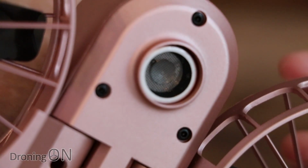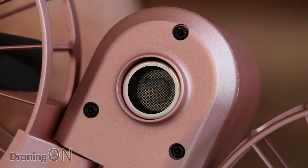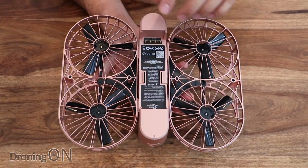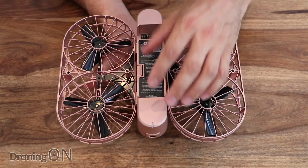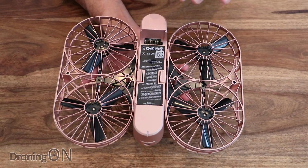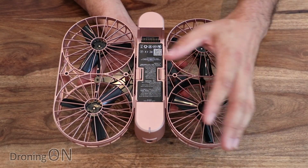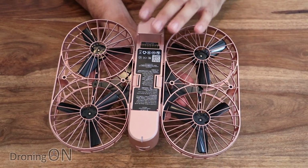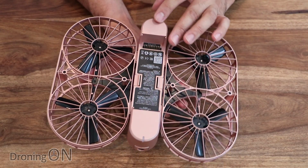That's for helping the drone to detect when it's close to the ground, and it also serves as a form of downward obstacle avoidance. Hidden within these two turrets here, we've also got GPS built in, and it also supports GLONASS, so it's using the Russian network as well, the combination of which means you're going to get a really good GPS lock. Now, interestingly, this drone is the first budget drone that I've seen to support a new technology